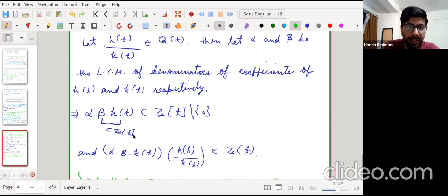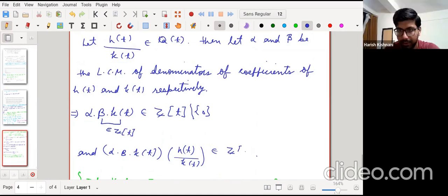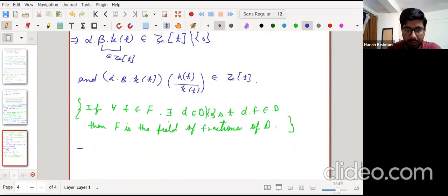Corresponding to it, we get an element of Z[t] such that this element multiplied with this gives you an element inside Z[t] again. So it tells you that it is a field of fractions. Q(t) is, you can say, because they are isomorphic. All fields of fractions are isomorphic. It is the smallest field basically. So Q(t) is the field of fraction